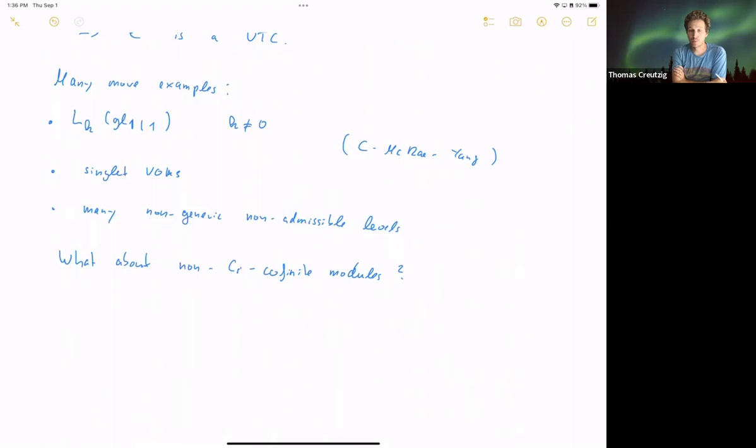So all these weight modules induce to modules of the universal affine VOA, and it turns out at admissible level, not all of them, but at least a huge set of them are also modules for the simple quotient, the admissible level simple affine VOA. So this means you have many lower bounded modules that are not C1-cofinite. Even worse, if you compute the fusion product of two such modules, you will learn, if you're very good, so David did that, that in the fusion product modules appear that are not lower bounded. But you will realize that they are related to lower bounded modules via spectral flow.